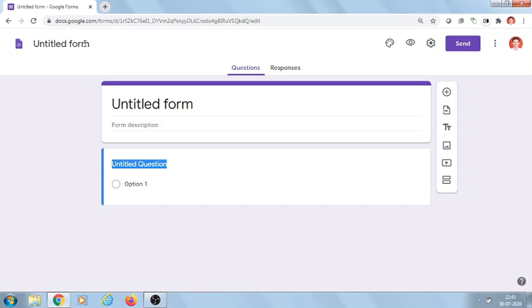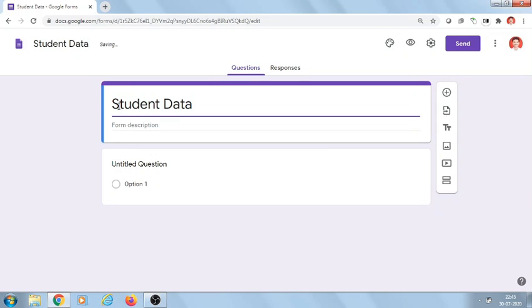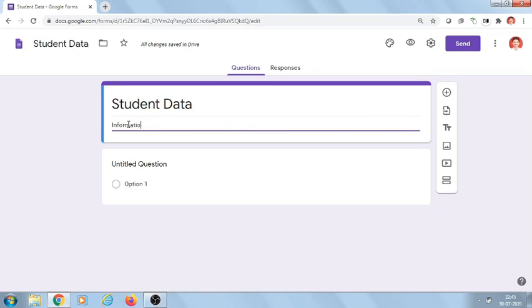I will change the name of the form. Let us take the example of collecting data from students. Description: information of students from science faculty.